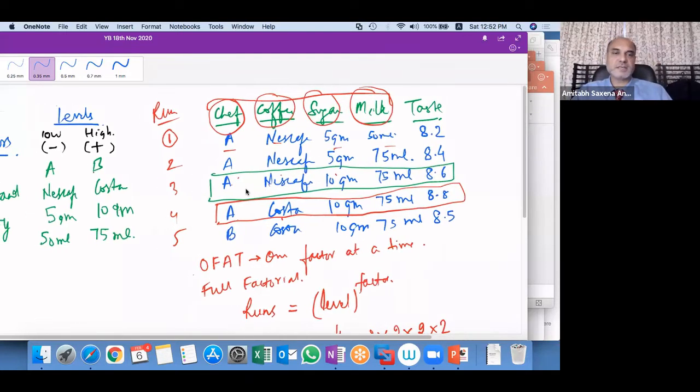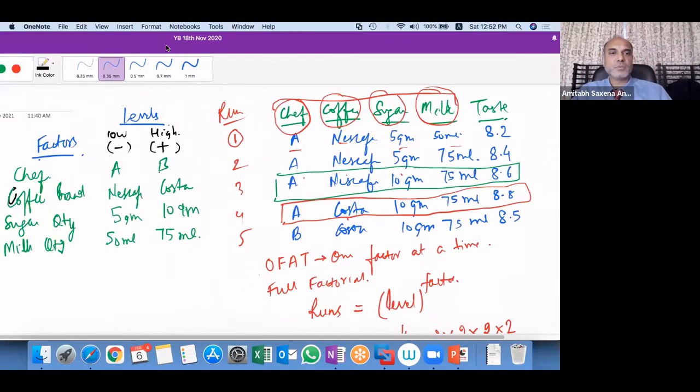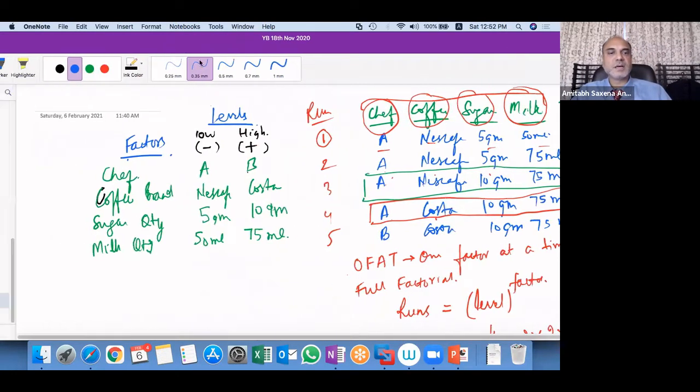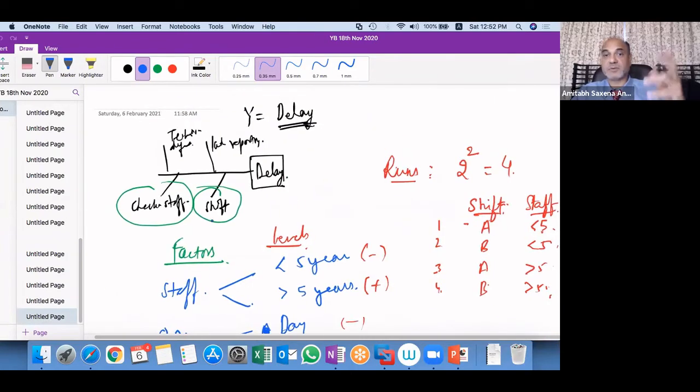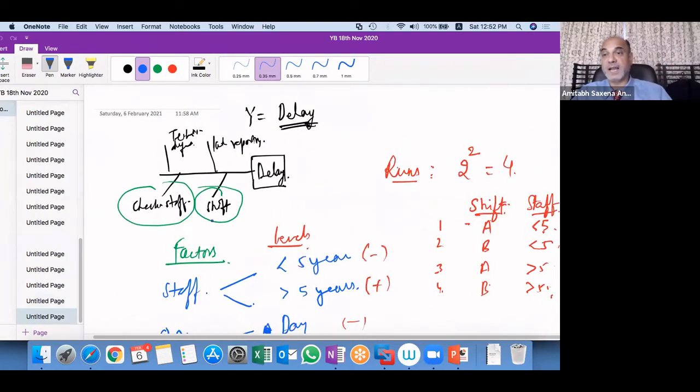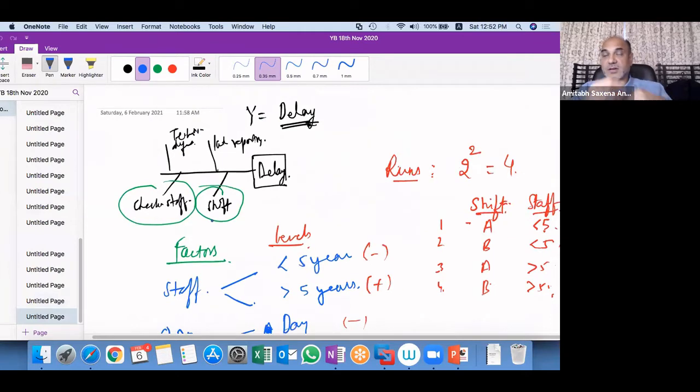How to do that? Let's take an example. Let's say that in aviation, at the airport, we want to reduce the number of delays, or the total delay at the airport in departure flights. On-time departure of flights is what we want to achieve. Delays are due to different reasons.